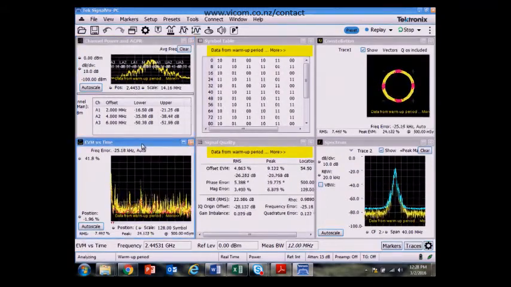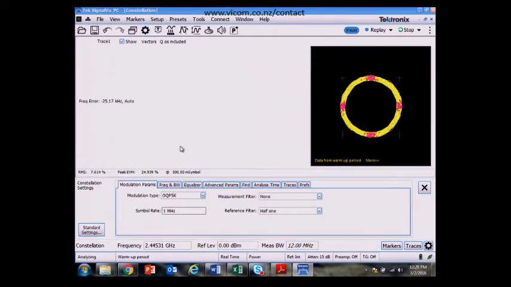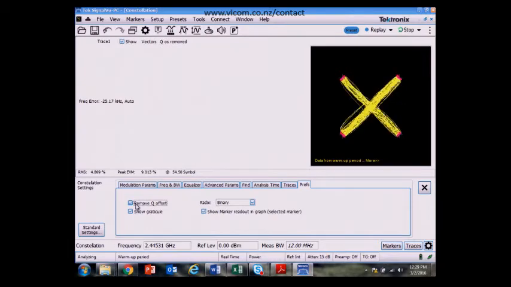EVM versus time is another interesting measurement, maybe not done for parametric testing, but like the name of the display implies, I'm showing each constellation diagram measurement point, EVM point, versus symbol here. A note about the constellation diagram, it appears a bit strange. The way that ZigBee signals work is that the I and Q have a 90 degrees phase difference between them. So if I go to the settings here, I can have the Q offset removed and have the constellation diagram line up,